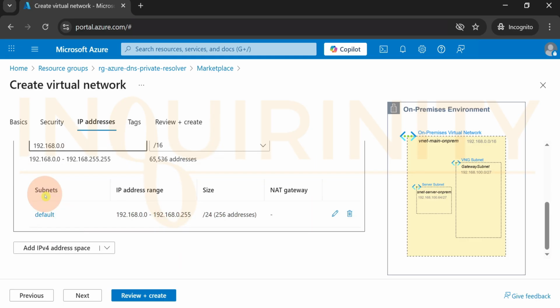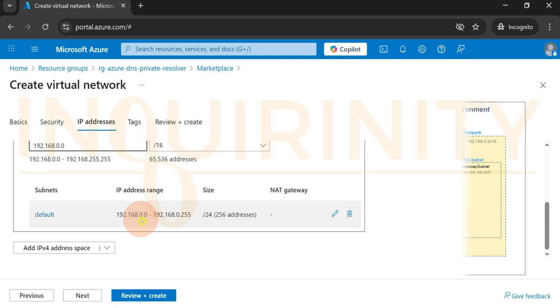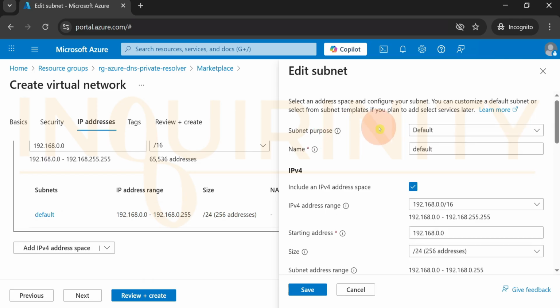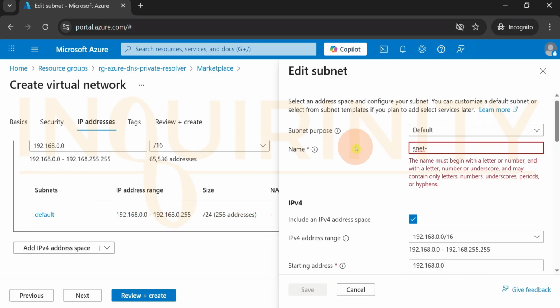Next will be the subnets. Remember, we have two subnets, one for the server and one for the virtual network gateway. Since the subnets have the default, we can also edit this, and we also have the IP address range. The first subnet will be our virtual network gateway. Let us see if we'll be able to use this gateway name, or later on Azure will comply us with the gateway name. But for now, let's have this VGW on-prem,